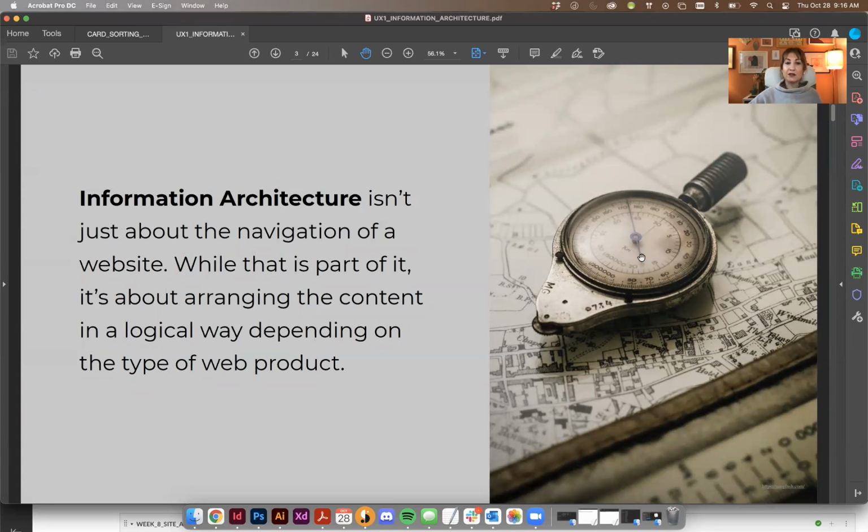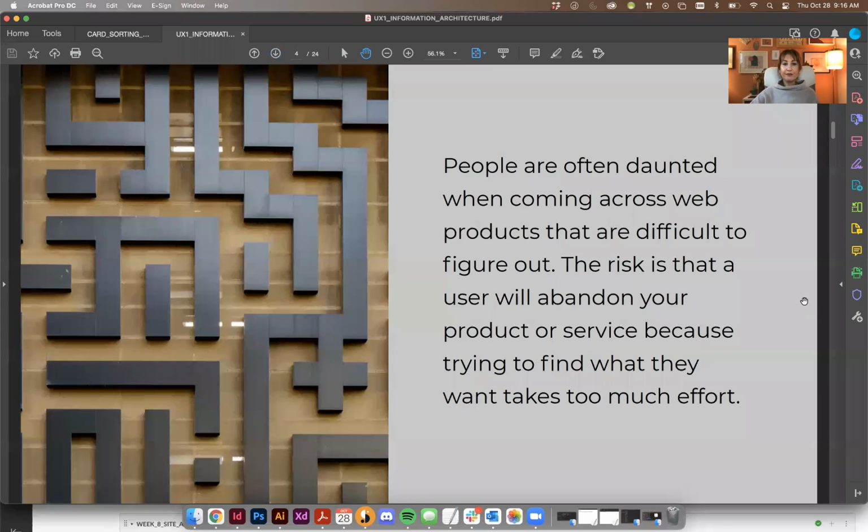Information architecture isn't just about the navigation of a website. While that is part of it, it's about the arranging of content in a logical way depending on the type of web product. People are often daunted when coming across web products that are difficult to figure out. The risk is that a user will abandon your product or service because trying to find what they want takes too much effort. So all they want to do is go online and buy a new Halloween mug, and